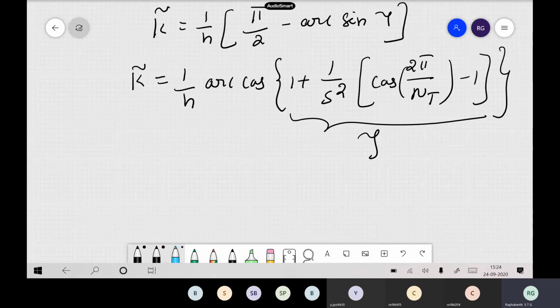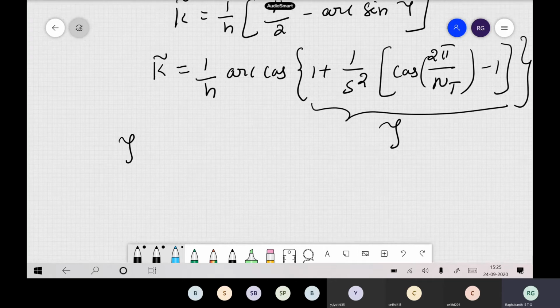Now in a similar format, you can find out here itself. Our criteria is whatever this psi is, there is a chance of getting stable results if it lies between -1 to 1, as we have just seen. If it is more than 1, there is a chance of getting instability.